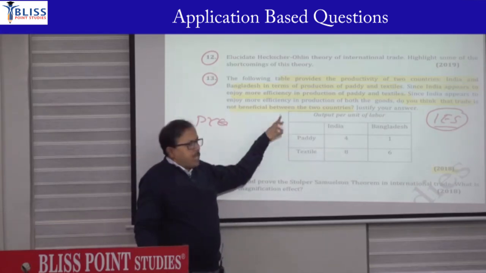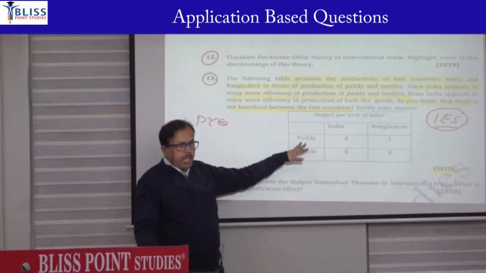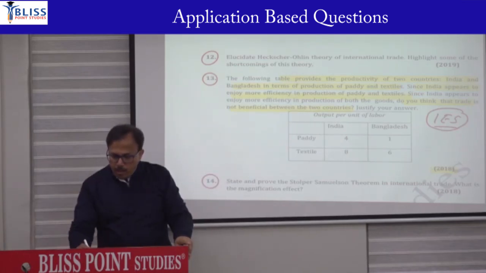Since no information about the total is given, you can simply draw the production possibility curve for India and Bangladesh. You can solve it here. Suppose I draw it for India. Okay, copy the information, and first mention the year, because